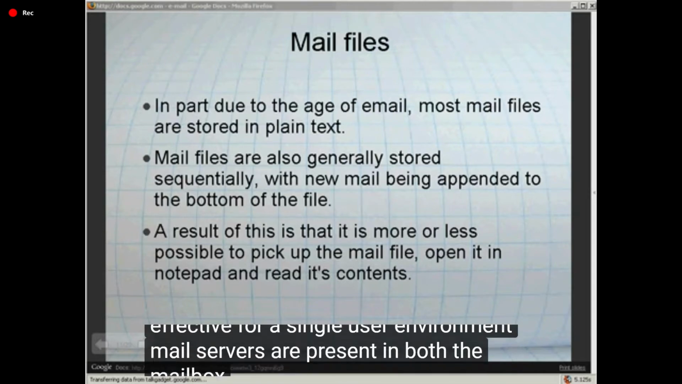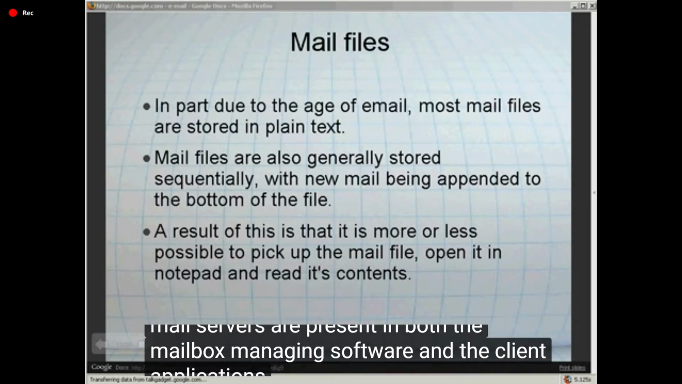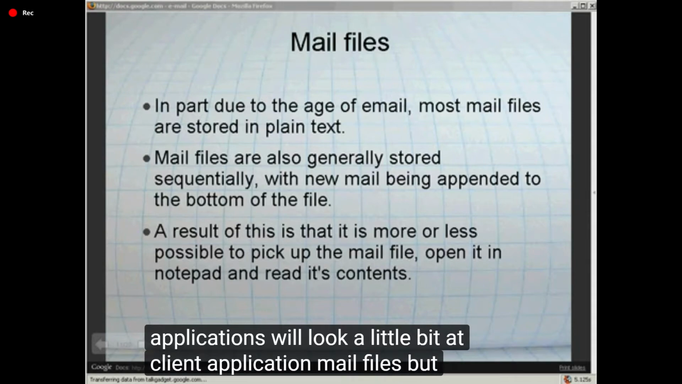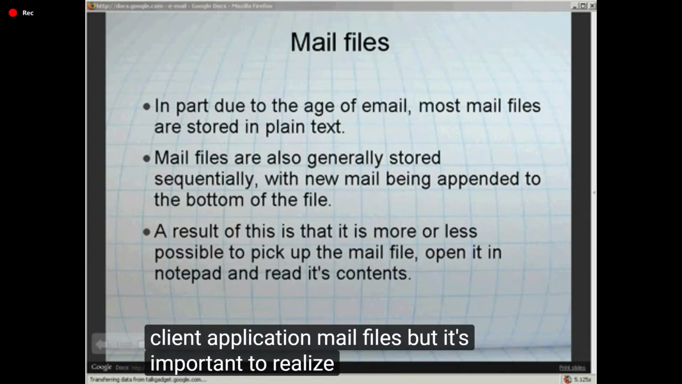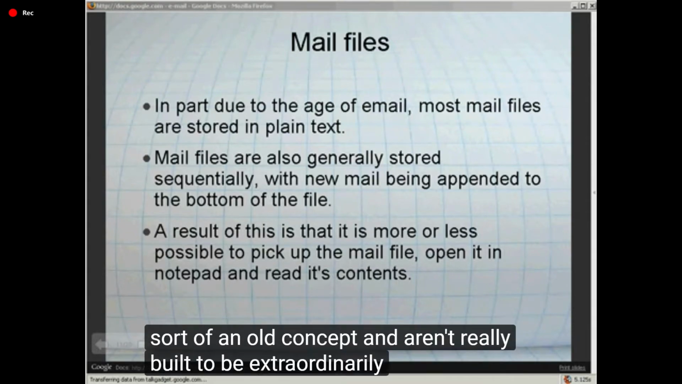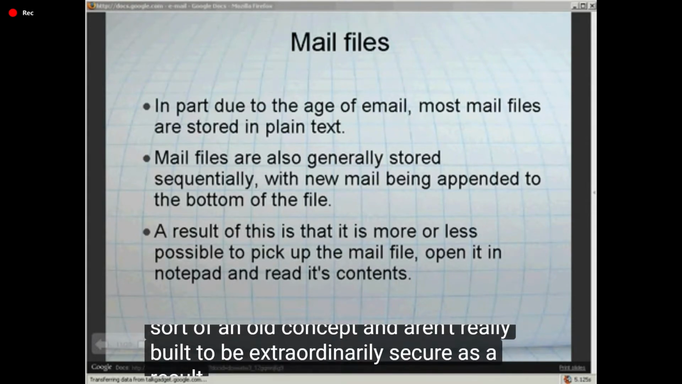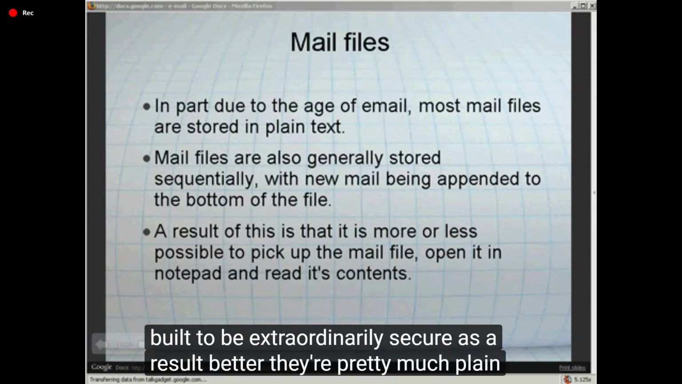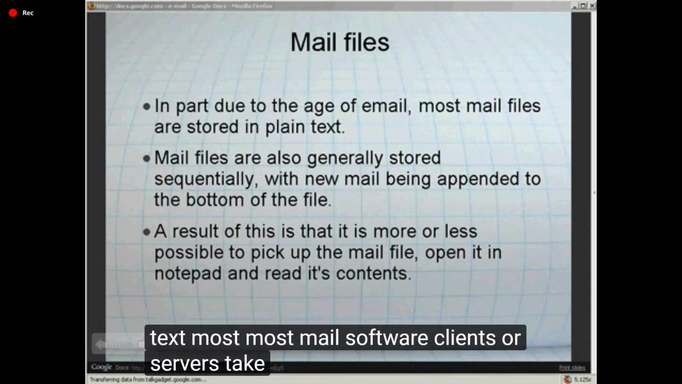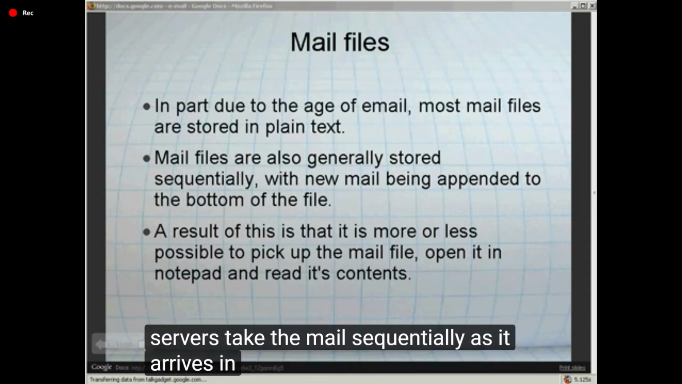Mail servers are present in both the mailbox managing software and the client application. We will look a little bit at client application mail files, but it's important to realize that mail files are sort of an old concept and aren't really built to be extraordinarily secure. As a result, they are pretty much plain text. Most mail software clients or servers